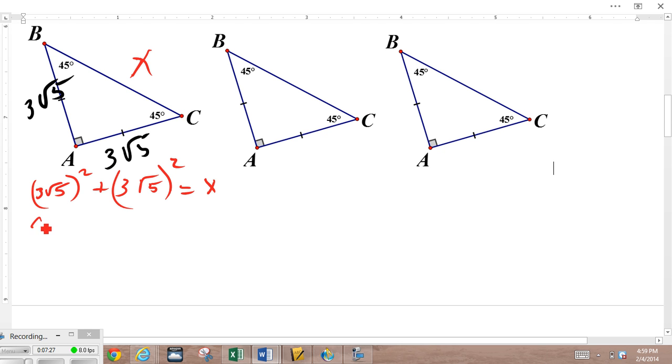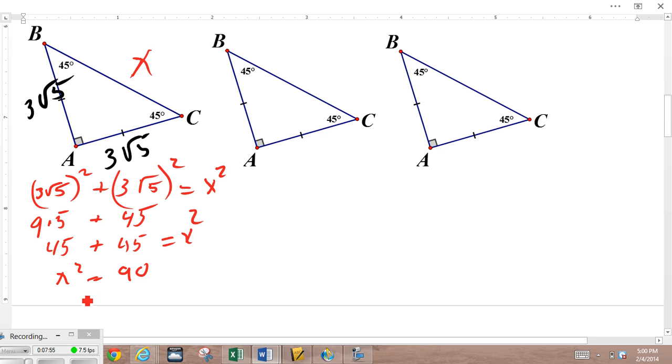So that becomes 9. The square root of 5 squared becomes 5. So that's 9 times 5, which is 45. Well, it gives reason to suspect that this is going to be 45 too, because it's the same thing squared. That's 45. And so x squared is going to equal 90,